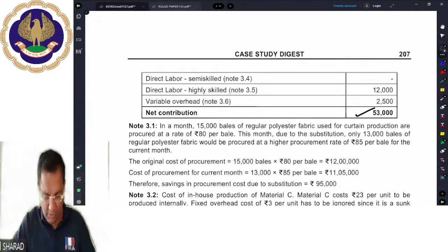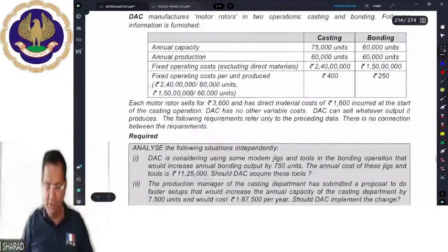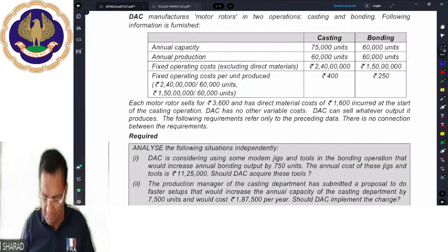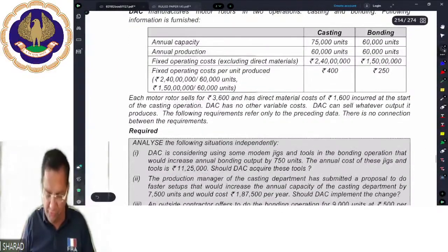ठीक है, चलिए बेटा थोड़ा सा स्पीड में मैं ले रहा हूं बिकॉज वी हैव टू सपोज टू कवर मेनी क्वेश्चन, है ना, फॉर टाइम हमारे पास शॉर्ट है बेटा, तो थोड़ा सा स्पीड में मैं यहां पे ले रहा हूं।